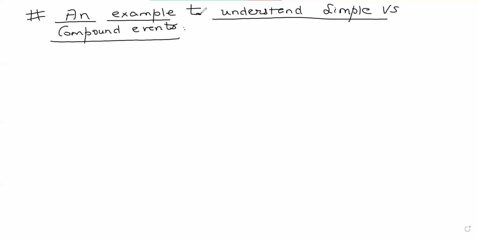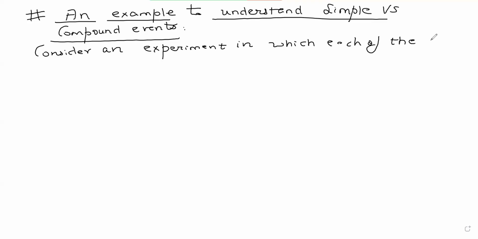Consider an experiment in which each of the three vehicles taking a particular freeway exit